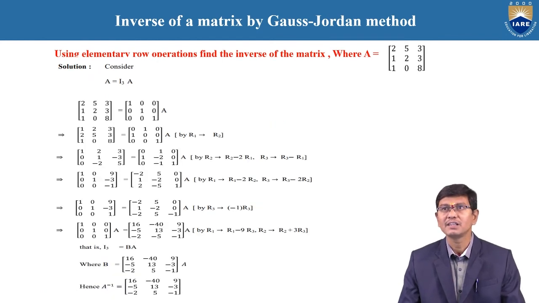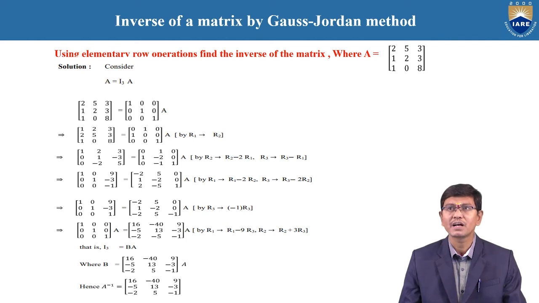Similarly, this is also one of the examples to find the inverse of a matrix by using row operations. Here also, consider the matrix is a 3 by 3, therefore consider A is equal to I3 into A. Our concept is that the given matrix is reduced to the unit matrix of order 3, that is 1 0 0, 0 1 0, 0 0 1. And here also we use only elementary row operations, we are not applying any column operations.